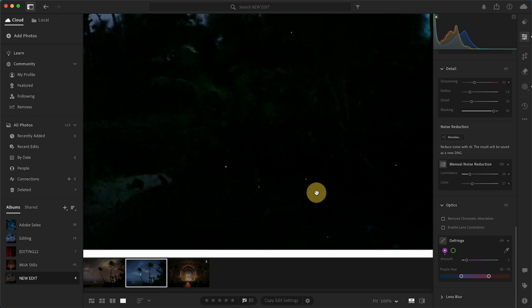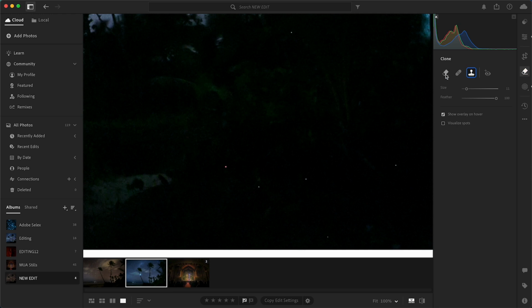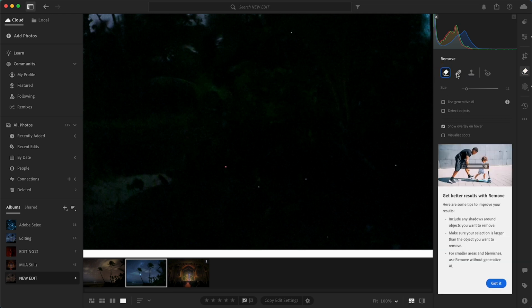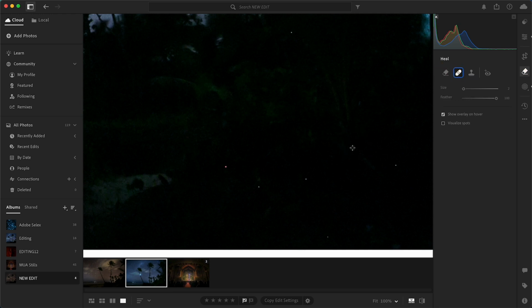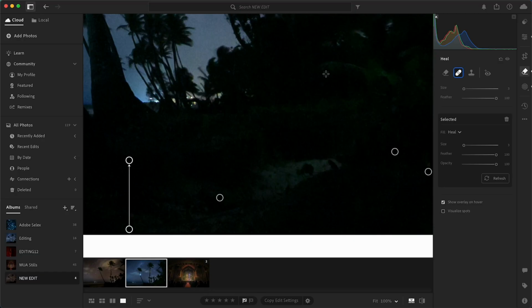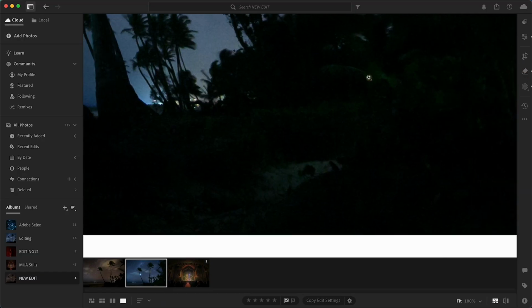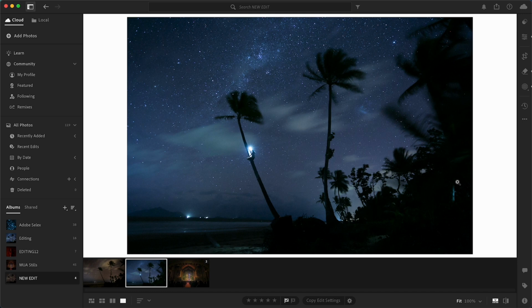Of course, we still have a few hidden here in the shadows, and that's where we can bring out some of our remove tools. I'm going to use the heal tool on these little guys because they're very minor and easy to deal with. I won't do the entire image because that might take a bit of time, but that's looking pretty good for now. And the last thing to do